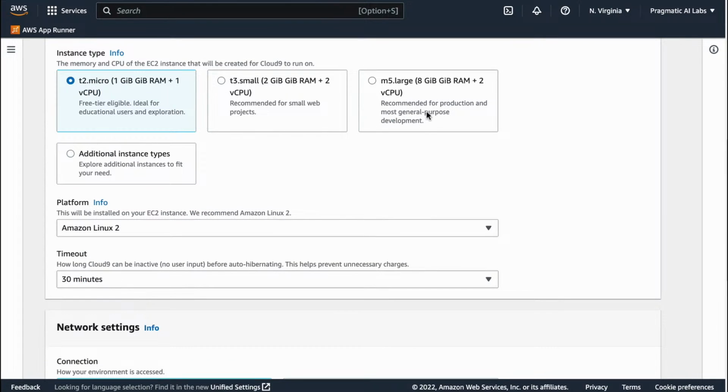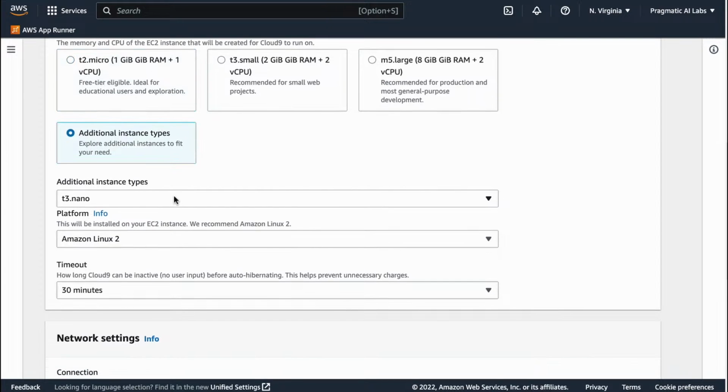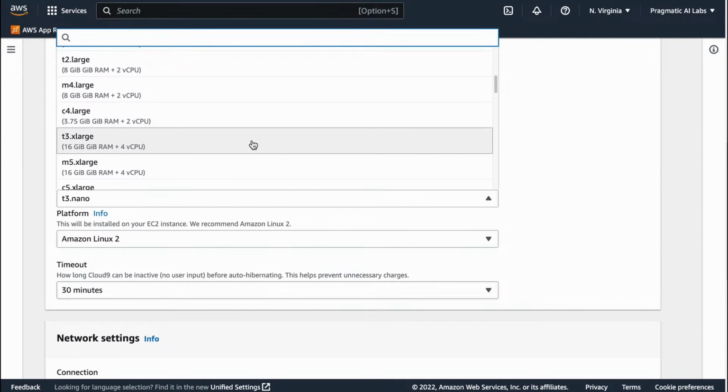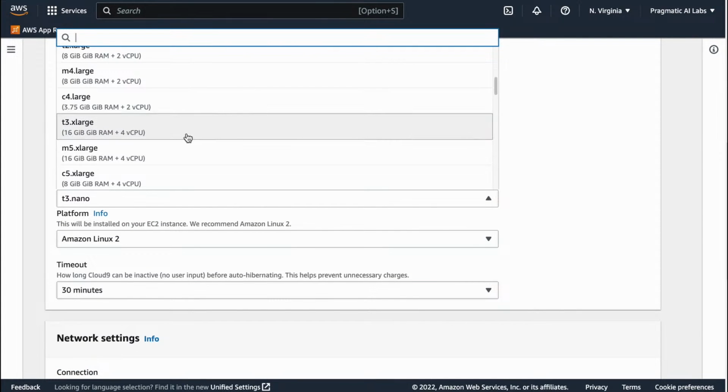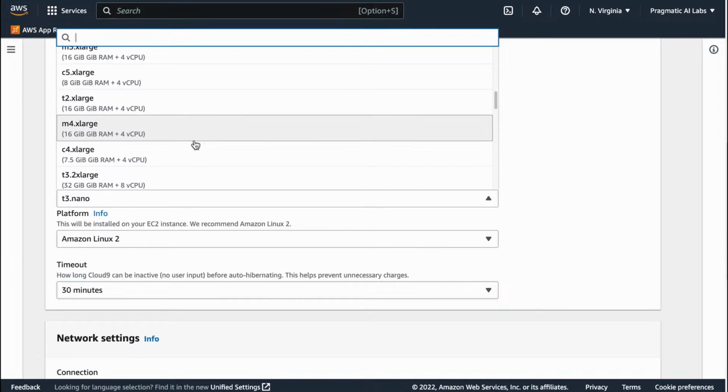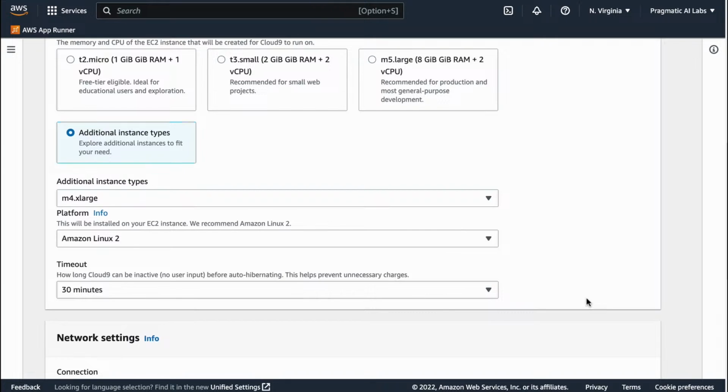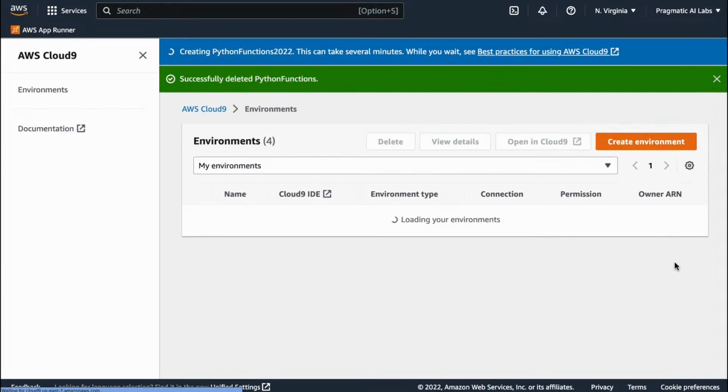It would be great if they told you that beforehand, but one of the ways you can get around that is to just pick a different one. I don't think a lot of people are using one of these large ones. So I'm going to grab a 16 gig 4-core machine. Let's try that. M4 XL large, and let's see if that one works.